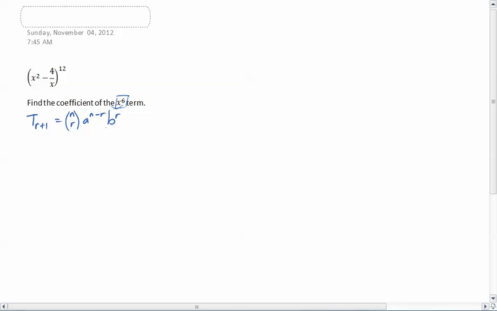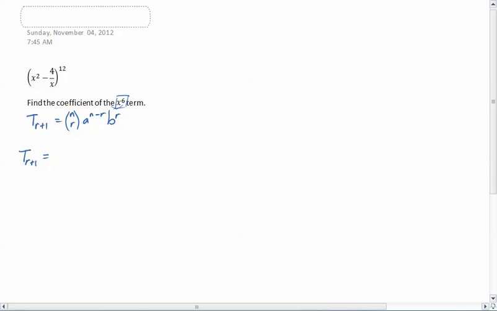So let me show you how to use the formula first, and then I'll show you how we would kind of think through it and reason through it. My personal preference is the way I'm going to do it second, because that's the thinking and reasoning, and you know that's what you're going to do if you can't remember the equation anyway. But let's go ahead and see if we can find the coefficient of the x to the 6th term, remembering that this is the important part right now, finding which term has x to the 6th. So we are looking for a specific term. We don't know which one it is,